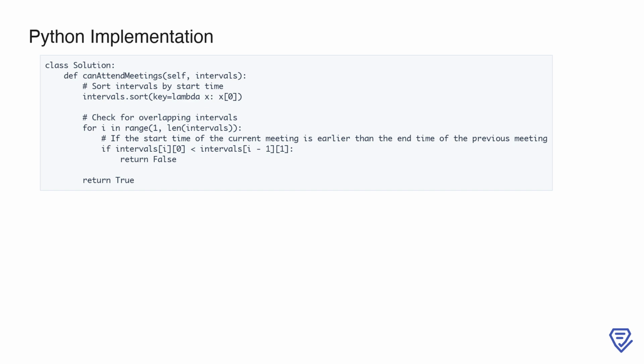3. Checking for overlaps. During iteration, if the start time of the current interval is less than the end time of the previous interval, it indicates a conflict, an overlap. In this case, the function immediately returns false. For returning true, if no overlaps are detected throughout the iteration, the function returns true, indicating that all meetings can